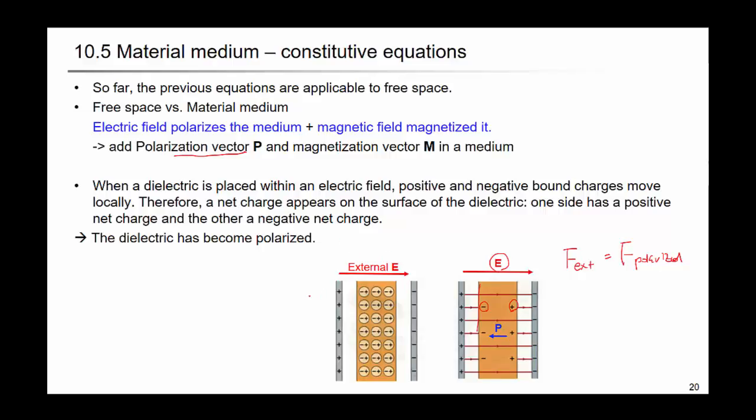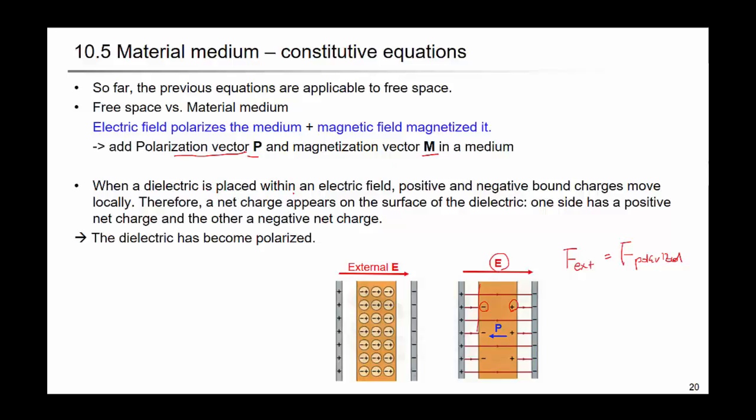And this will be the same with the magnetic field. When you have a magnetic field and you put some magnet or iron, a paramagnetic material, then this will be magnetized and that will compensate the external magnetic field. So you have another component, the polarization P, and the magnetization vector M, and